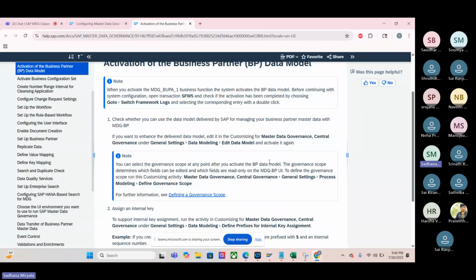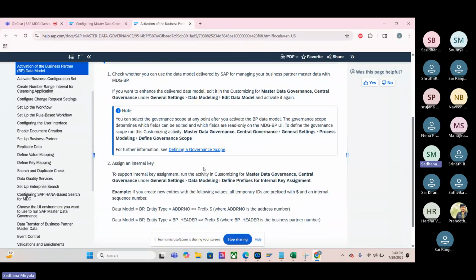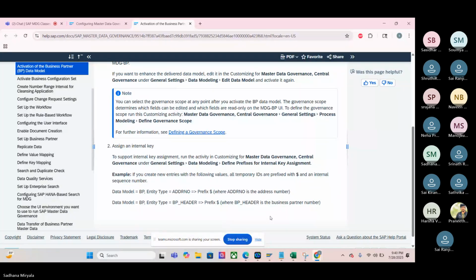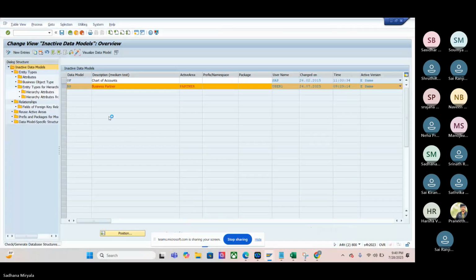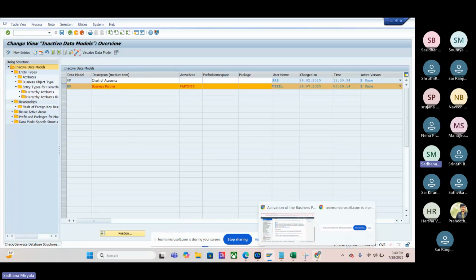So let's check what's the next step. So next is assign an internal key. To support internal key assignment, run the activity in customizing for master data governance, central governance under general settings, data modeling, define prefixes for internal key assignment. It's taking time. So in the meanwhile,